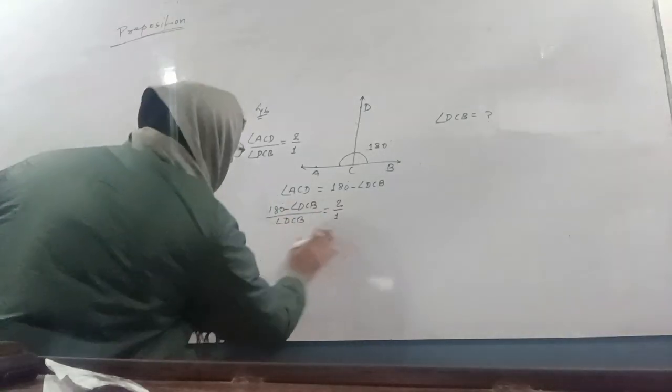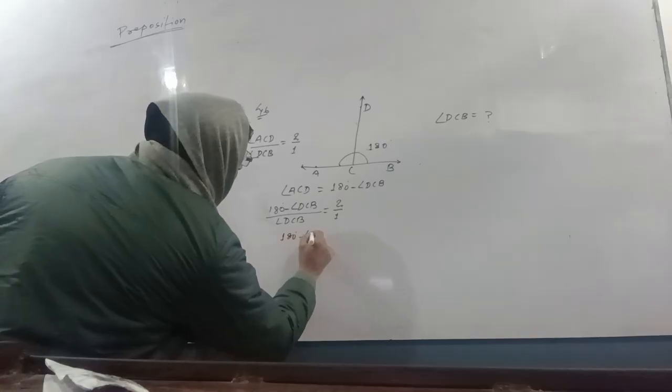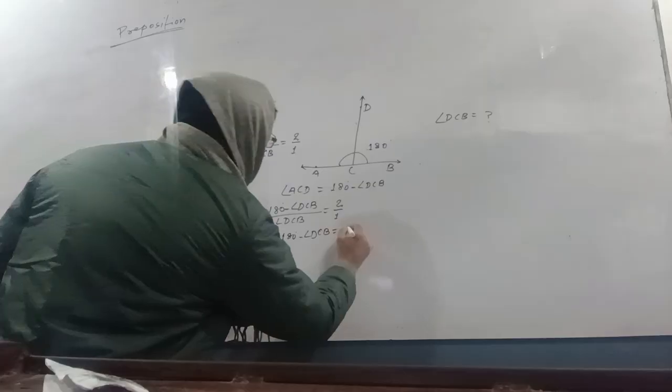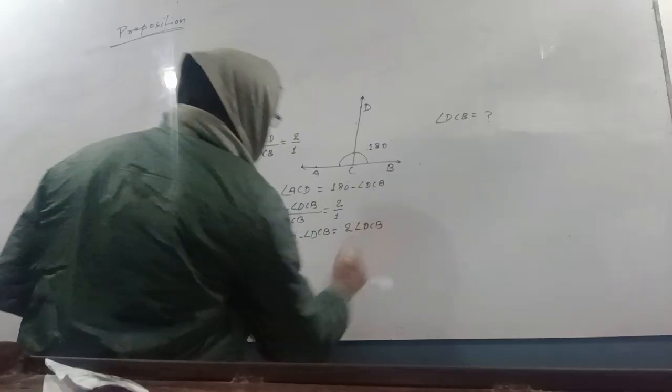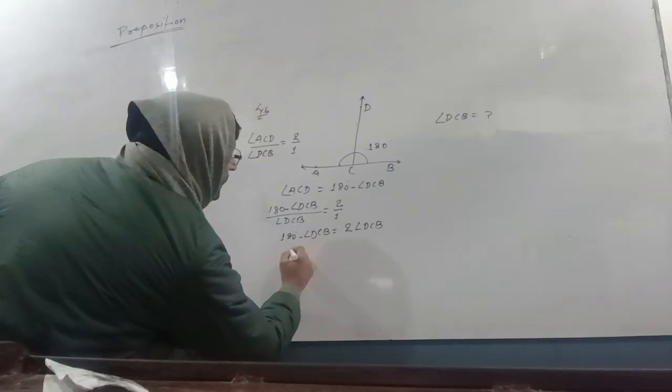By cross multiplication, we will find that 180 minus angle DCB is equal to 2 times angle DCB. Clear? After transposition,